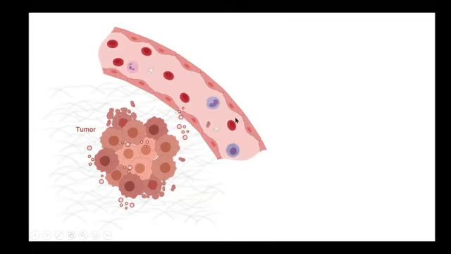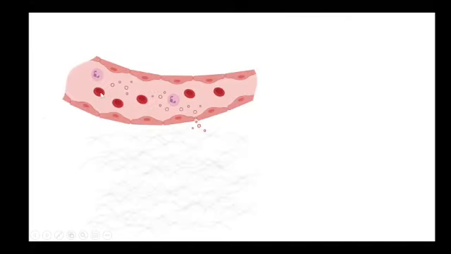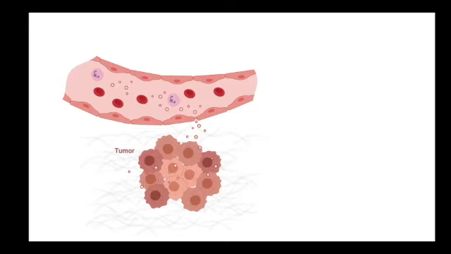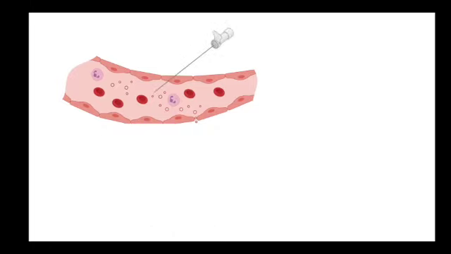They can enter the circulation via transcytosis or perhaps by weakening the junctions between the endothelial cells. They can circulate, and at some point they can extravasate and create the proper conditions for a secondary tumor to establish at that site. But hopefully before that happens, we can, for instance, take a blood sample, analyze it and detect these tumor-derived vesicles, for instance to see in which tissues the tumors are located.